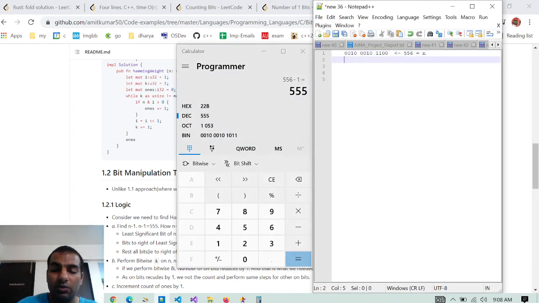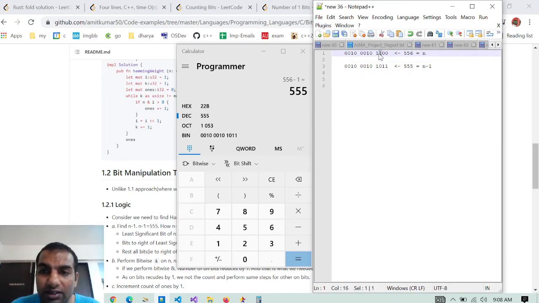Let me write it down here. This is 0010, then 0010, then 1011. This is the bitwise representation of 555, which we call n minus 1. Now the thing to note here is the least significant on bit in the incoming number.